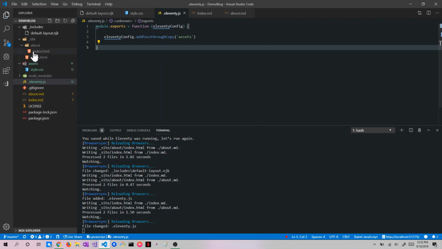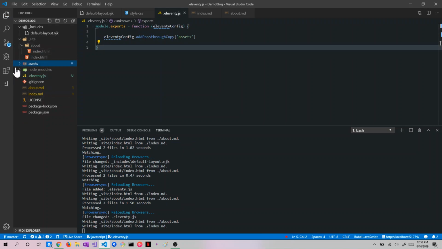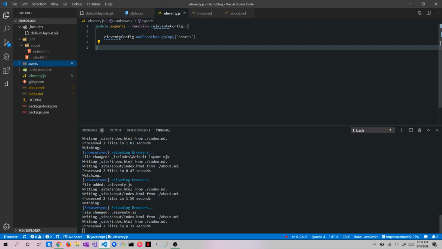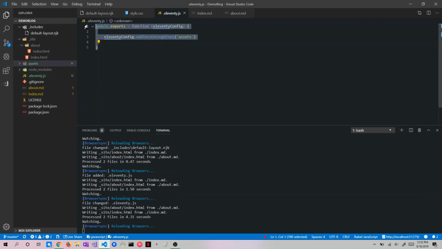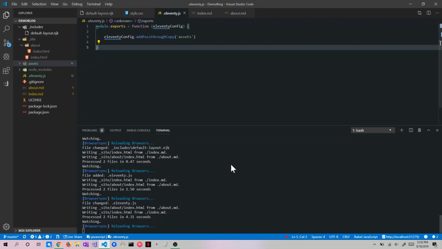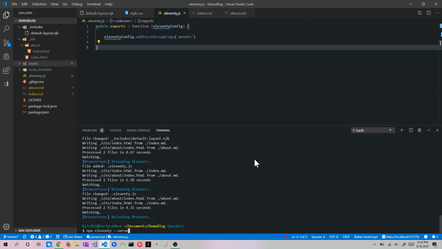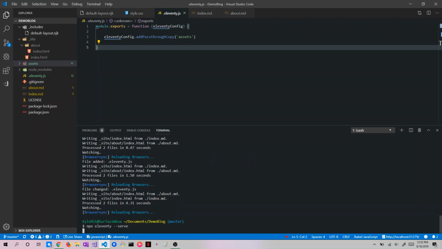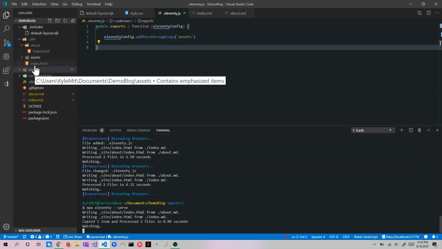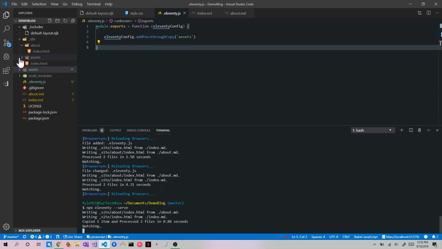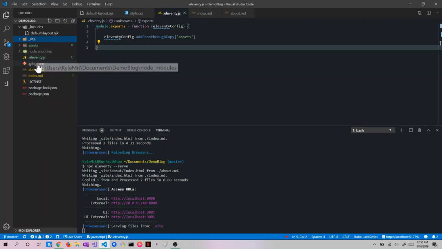Once we save this, we won't see it show up right away inside of this site folder. And the reason for that is because this Eleventy config is only loaded once on startup of this command. So we have to stop the command from running and rerun that site. At that point in time, we should parse through this config and see if everything was wired up correctly. Yes, so we got assets and we got that style in there,